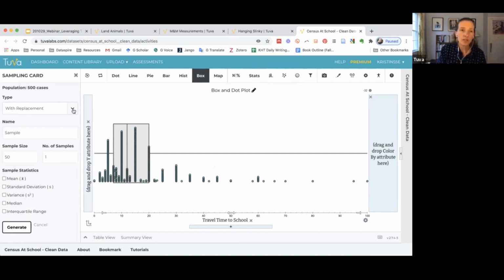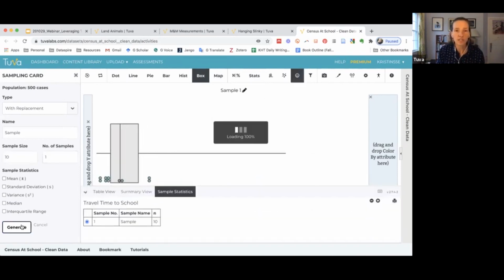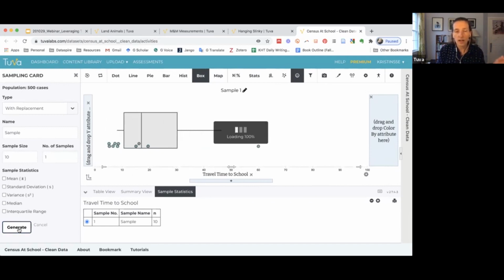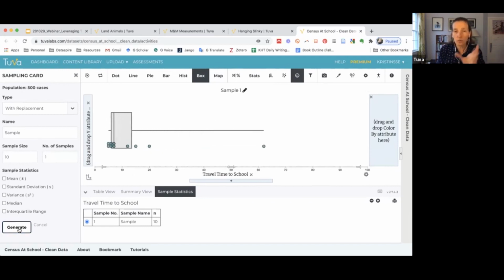So we can come in, we can decide with replacement, without replacement. And I don't actually want 10 data points. I just want a sample size of 50, excuse me. I want a sample size of 10. And so now we can generate different samples of 10 points that are coming from this data set and get a sense of how it varies from what we were seeing in the whole population,